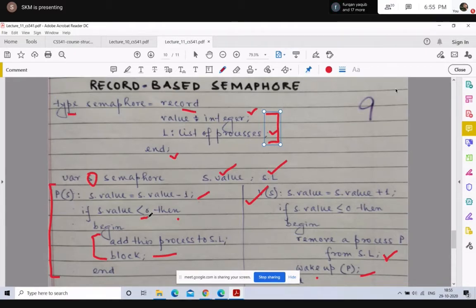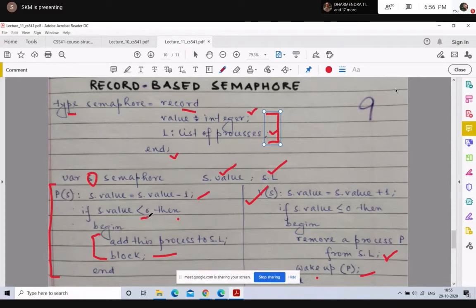It will find that the current S.value will be less than 0. So it will enter S.L and will be blocked. And it will wake up only when the first process comes out of the CS and executes the V of S statement.